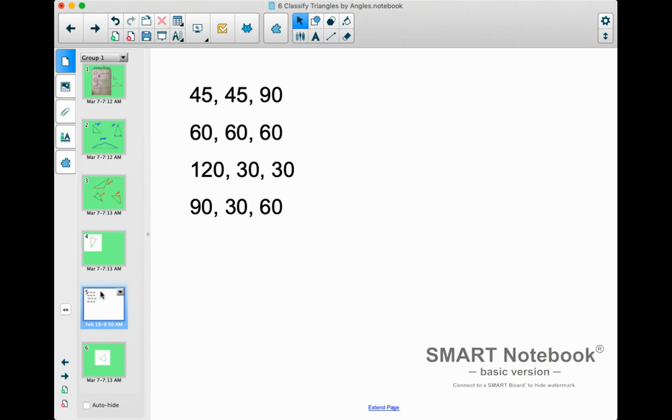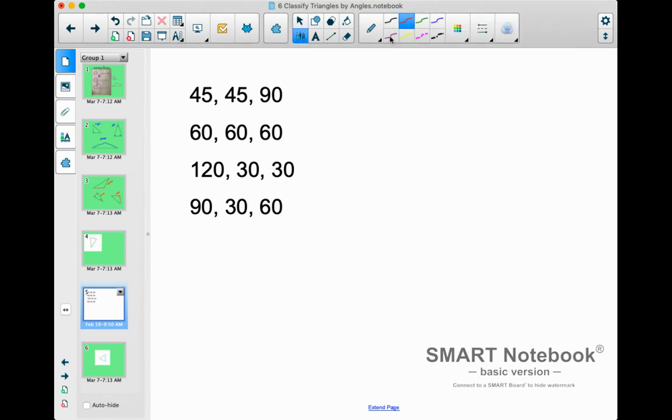Now we're going to take a look at some numbers. Sometimes you won't see a picture of a triangle, you'll see the measure of each of the angles. So you'll have to use your notes to remember, okay, what's an acute angle's degrees, what's a right angle's degrees, and what is an obtuse angle's degrees. So if we take a look at the first